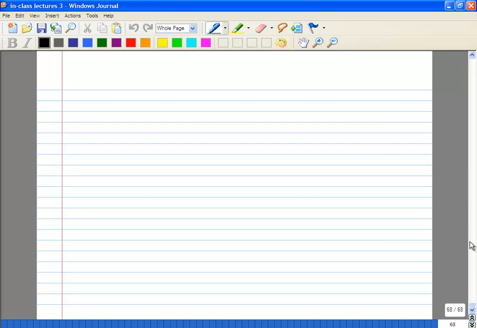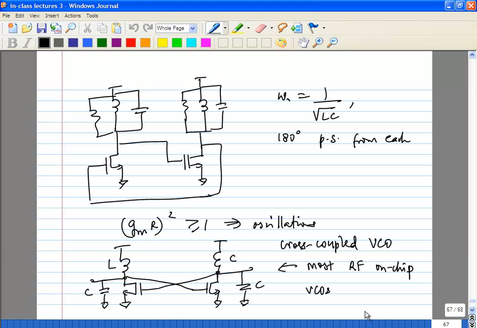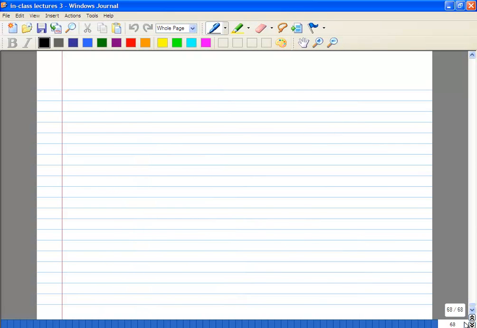So let's go back to this guy. So we finally arrived at this architecture here. The other nice thing about this, which I guess I should have touched upon last week, is remember that there's a 180-degree phase shift from each side, right? So it gives you differential outputs for free, okay? Because there's a 180-degree phase shift on each side. Okay? So now let's take this again and